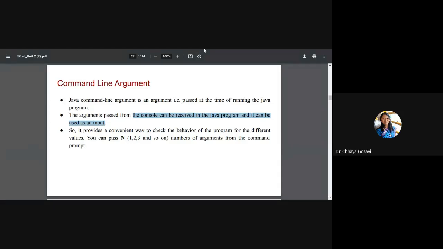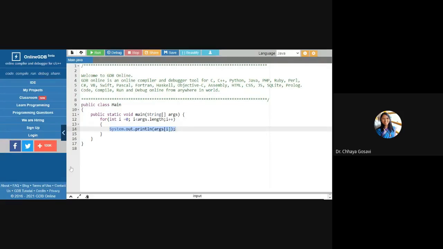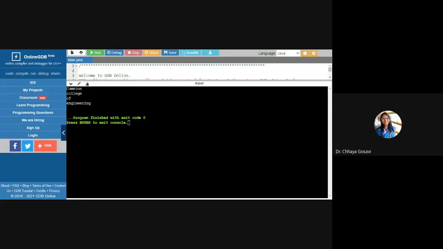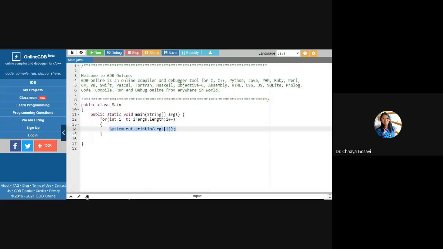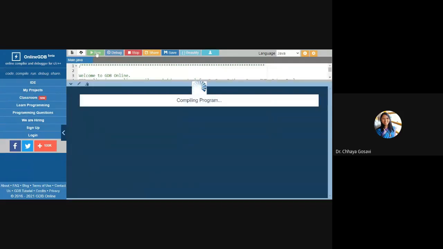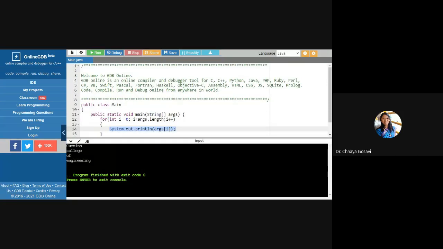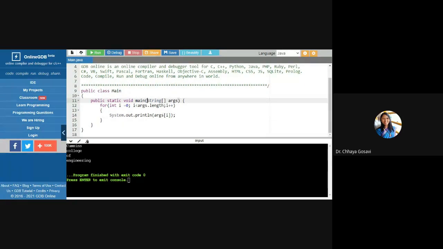In this case, the same program is written in the JDB editor, and to run this, you can give command line arguments, and those arguments will be displayed here.